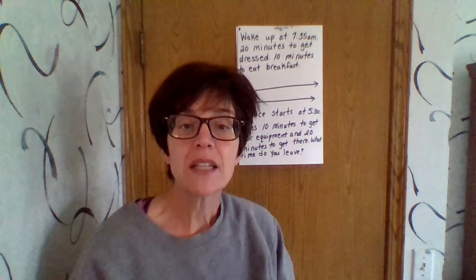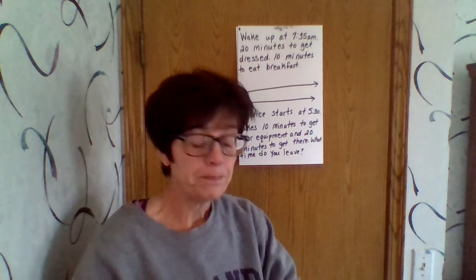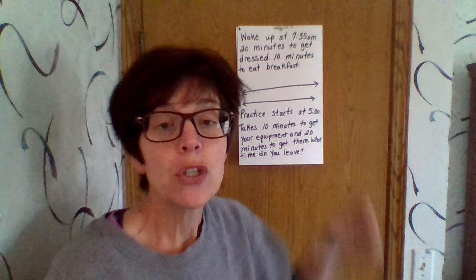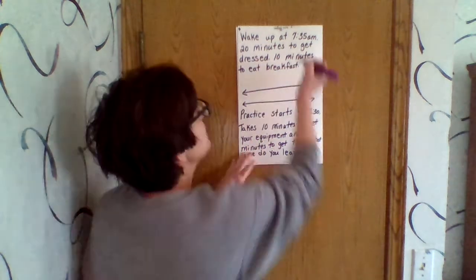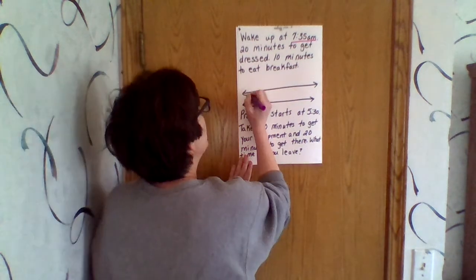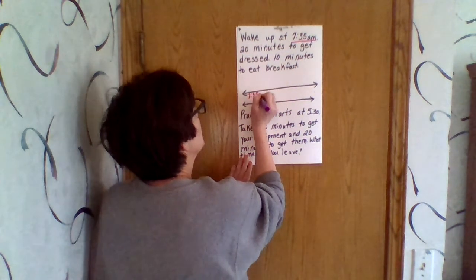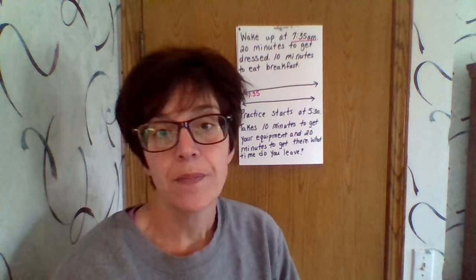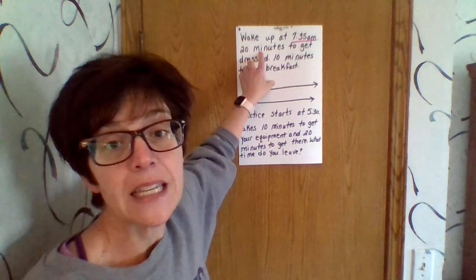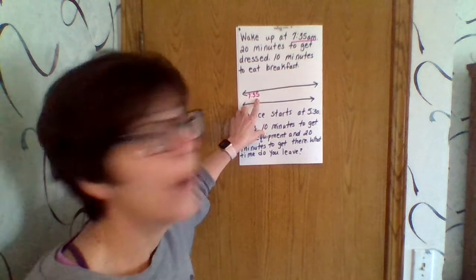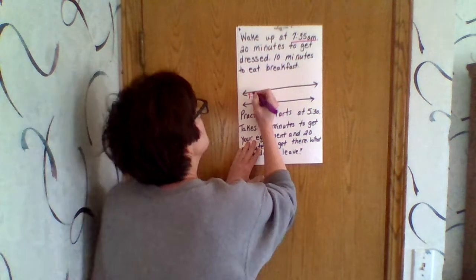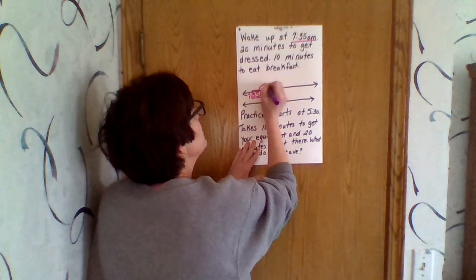So one way we can solve this problem is to use the number line, just like that strategy that we used for addition and subtraction. So watch what I do. I'm going to take my starting time of 7:35 and write it here on the number line. 7:35. The first thing I know is it takes me 20 minutes to get dressed. So I have to add 20 minutes to 7:35. 35 is the number of minutes. So 35 minutes